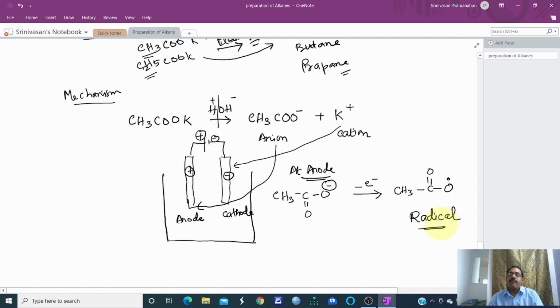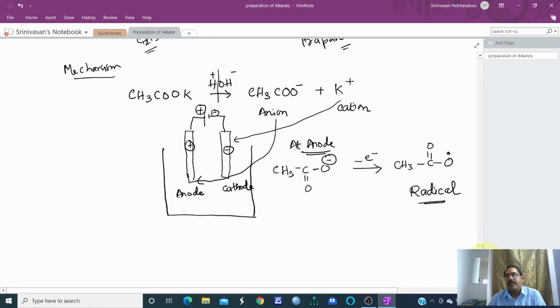Radicals are quite fast in chemical reactions. Two radicals add to each other very fast and give the product. So a radical will be formed initially. And then, suppose you take a bond, how many electrons are required for bond formation? For a bond formation, 2 electrons are required. In a covalent bond, there is sharing of electrons. So here also we will be having 2 electrons.